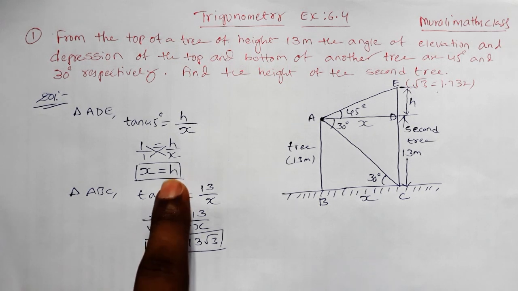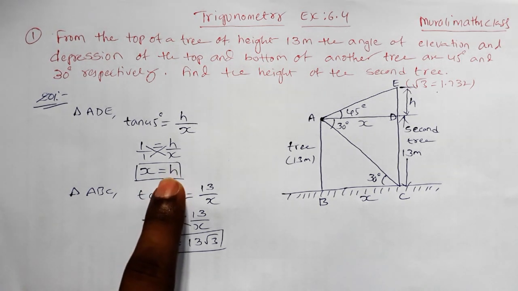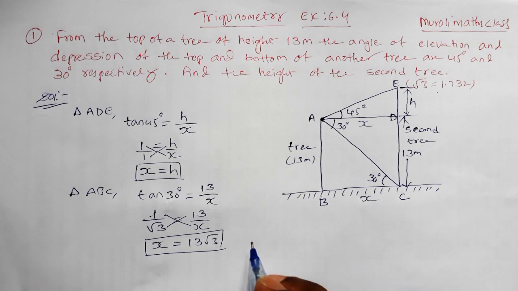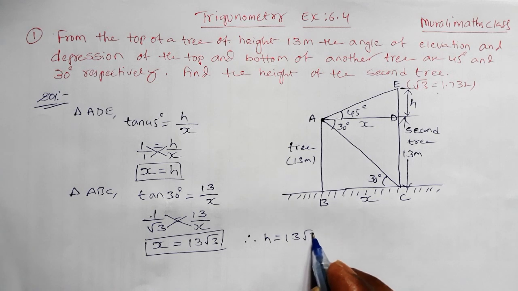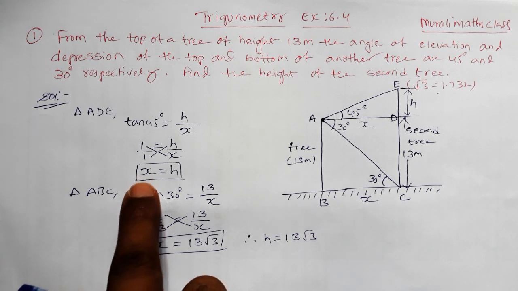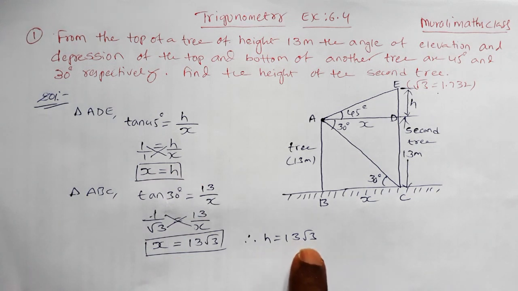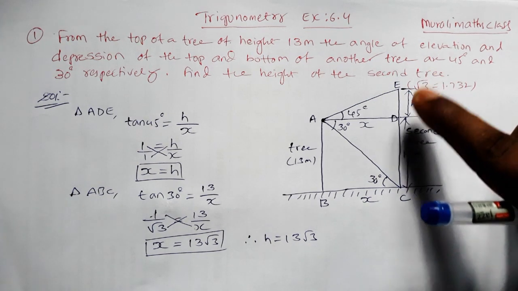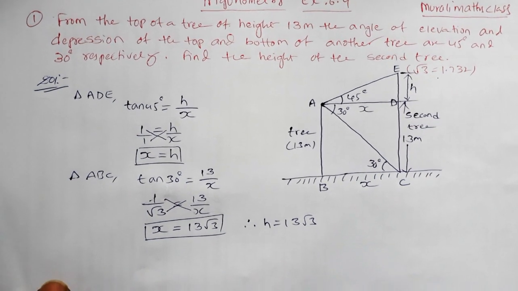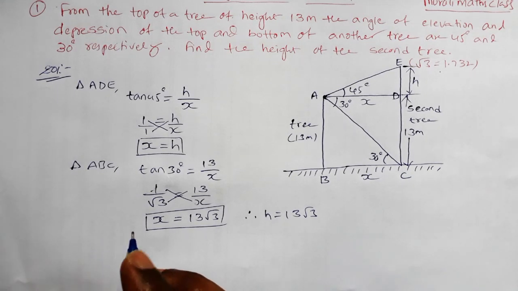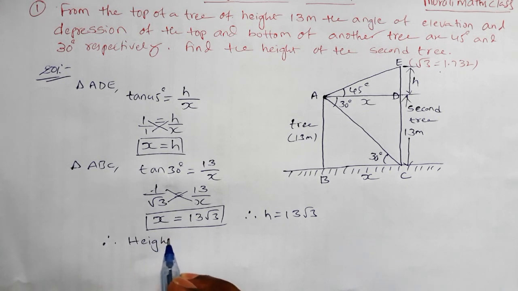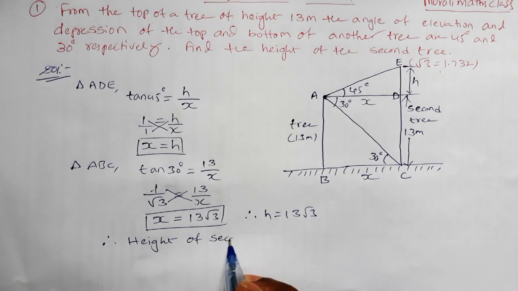X is nothing but H. Why? Because both are the same only. Therefore H equals 13 root 3. X and H both are the same only, no? So H we can write like this. H answer is 13 root 3, plus 13 gives the height of the second tree. Now we will write what is the height of the second tree. Therefore height of the second tree